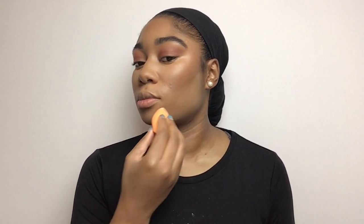So now I'm gonna take that same dry beauty blender and I'm gonna take that same powder, and underneath, we're just do it like that. Underneath that contour, we're just gonna go like this and drag it down. See, it gives you that nice, beautiful reverse contour cut. So there we have that. Now, guys,